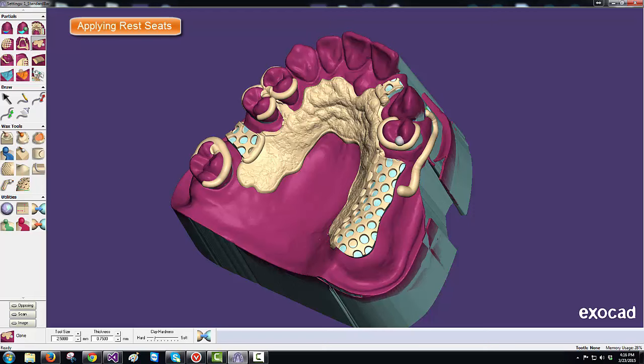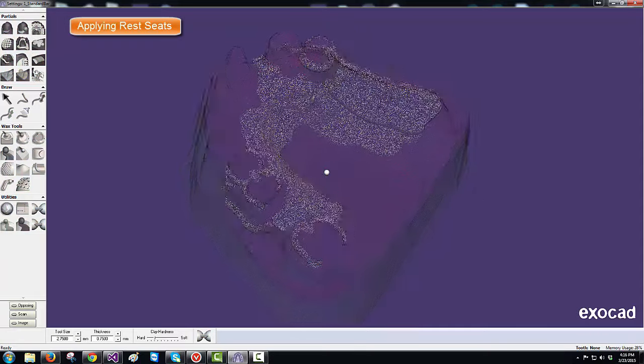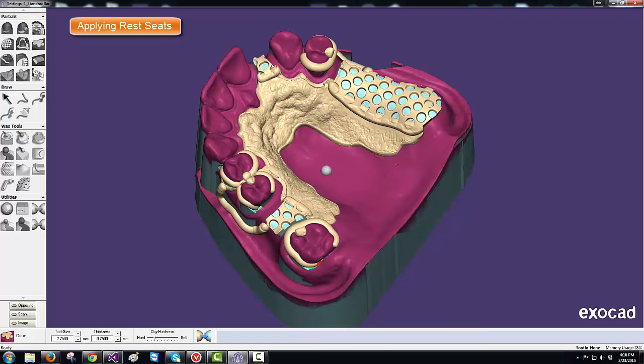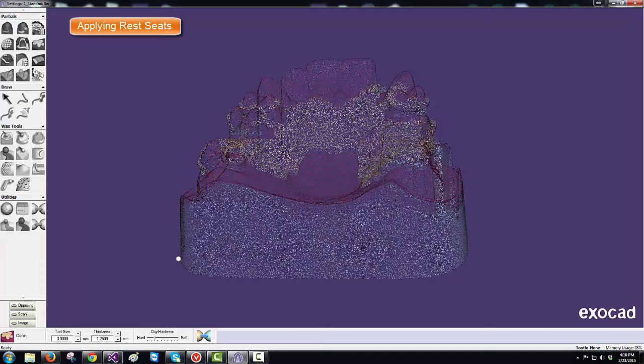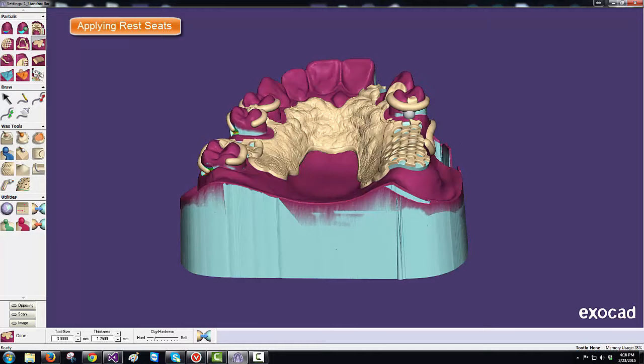Rotate the model again. And here we'll put in a lingual rest on the cuspid and draw the wax further down to the major connector for another minor connector, which will thicken up later. So I've changed my thickness value to 1.25 or maybe a 1.5, and you can wax in your minor connectors